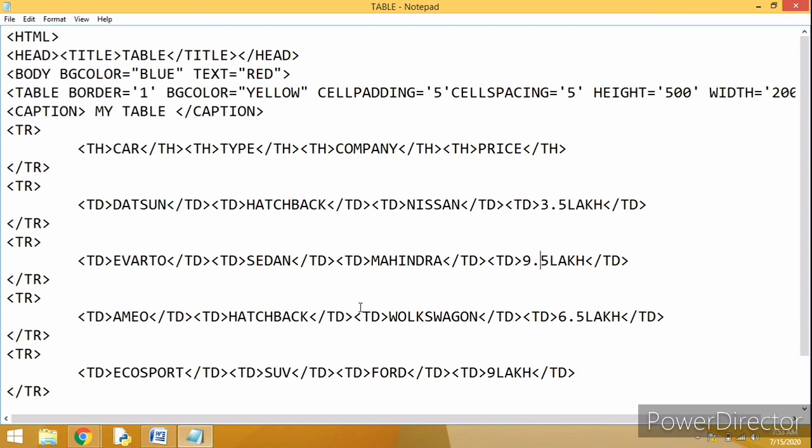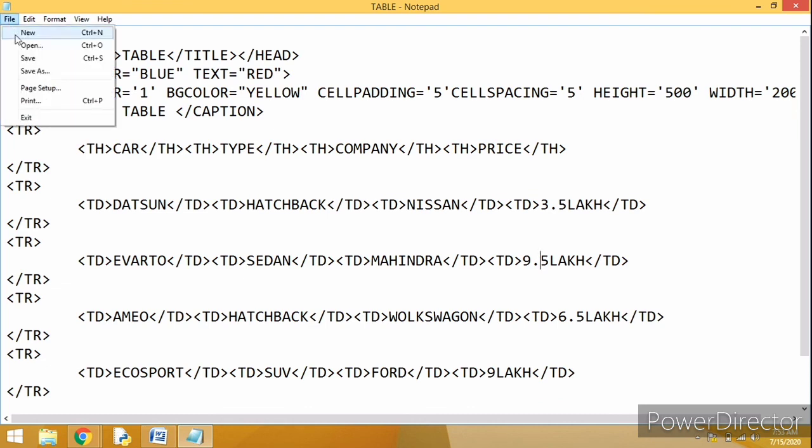Sir, if we will not have the off tag, then what will happen? What if you don't have the off tag, the close tag? Yes, sir, the code won't get executed.